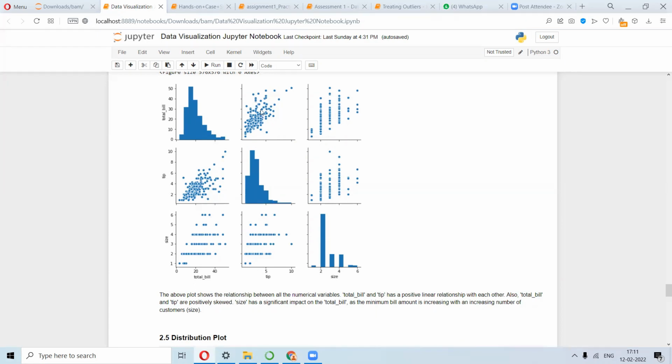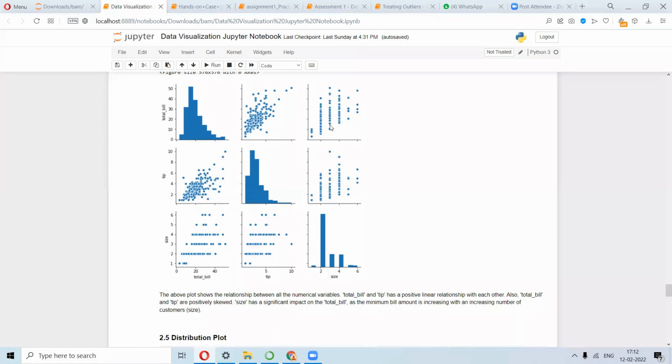So now you can see that there is a positive trend, or correlation, among total bill and the tip, right? And this graph is just the same, because here also we have tip and total bill. See, this is total bill and tip, and this is tip versus total bill. So it just got interchanged basically. So it's a transpose in that way. So here also you see that there's a positive correlation.